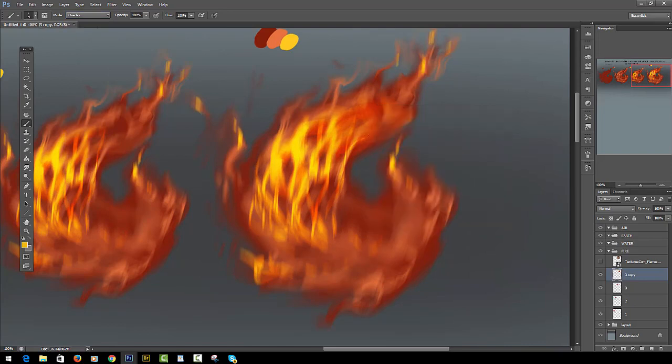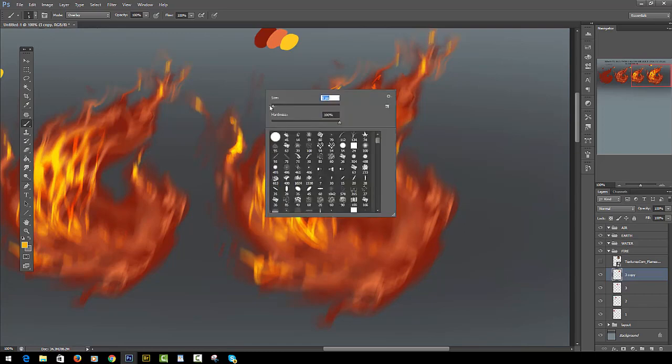Notice how I'm not on any special layer mode, it's all brush mode, so it allows me to paint on the layer as if it was on a layer mode. So we're just going to color it like this, and we're going to just